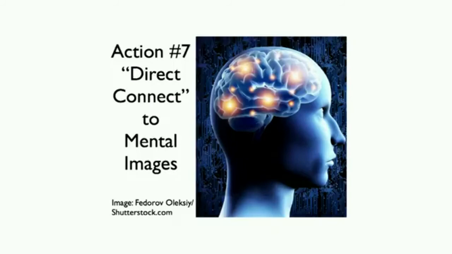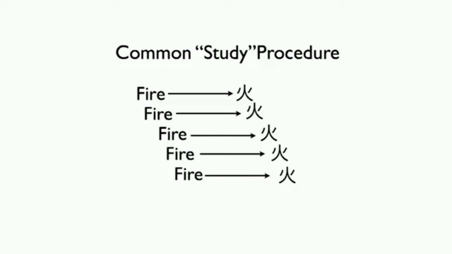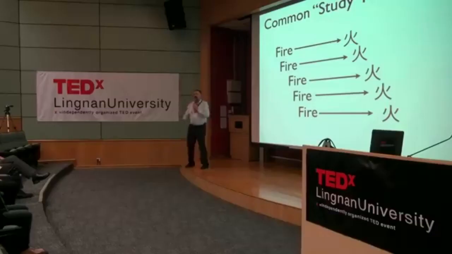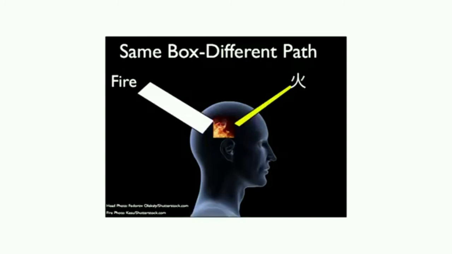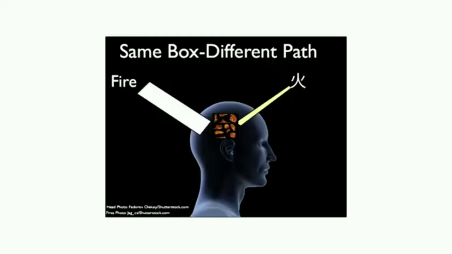And the final action you need to take is something that I call direct connect. What does this mean? Well, most people learning a second language take the mother tongue words and the target words and go over them again and again in their mind to try and remember them. Really inefficient. What you need to do is realize that everything you know is an image inside your mind, it's feelings. If you talk about fire, you can smell the smoke, you can hear the crackling, you can see the flames. So what you do is you go into that imagery and all of that memory and you come out with another pathway. So I call it same box, different path.